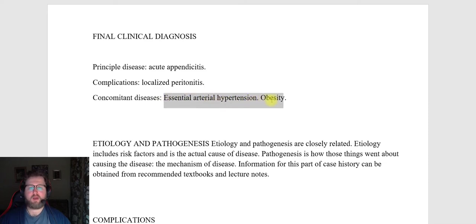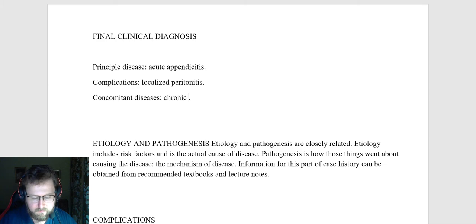For example, if during chest x-ray and during physical examination of the breathing system you've identified that the patient has chronic obstructive lung disease, for example, in the form of chronic obstructive bronchitis,